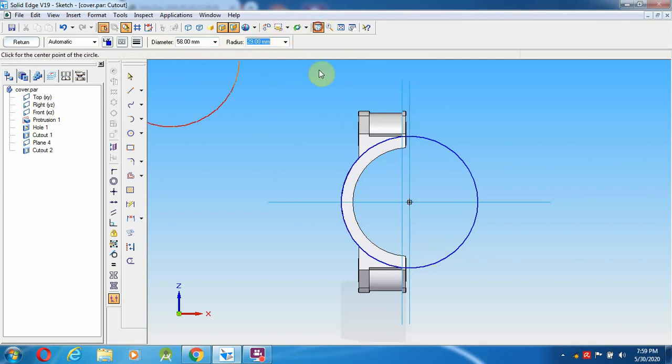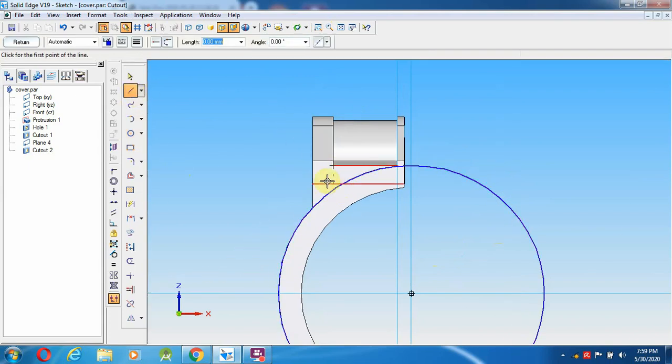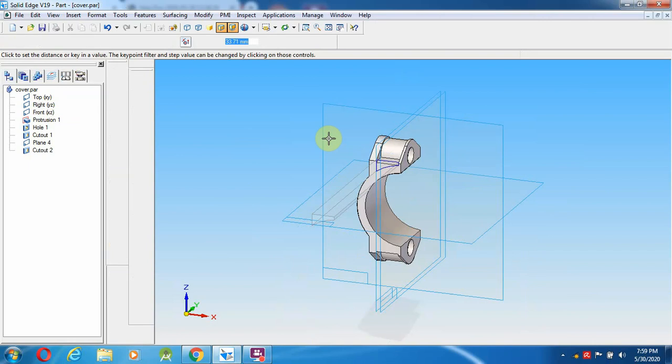For this particular thing, zoom, select a line exactly from here, and use the trim option, this as well as here, and come to here, then return.